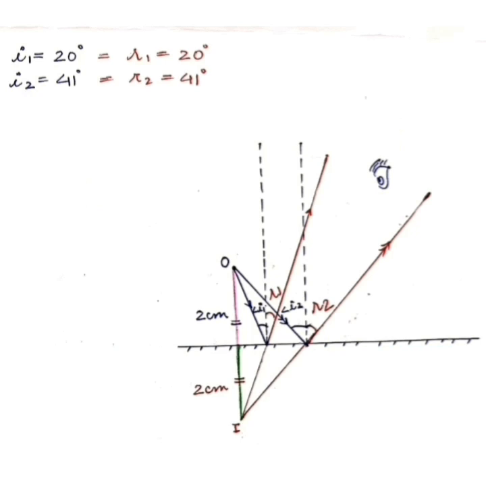Now here in the diagram you can see that a point object O is given, a surface of a plane mirror and observer's eye. You have to draw the image formation of this point object. Here in the diagram you can see I have shown with two incident rays. You need minimum of 2 rays to make the ray diagram. What you have to keep in mind is that the distance between the object and the mirror and the image and the mirror should be equal. See, I have taken it to be 2 centimeter.